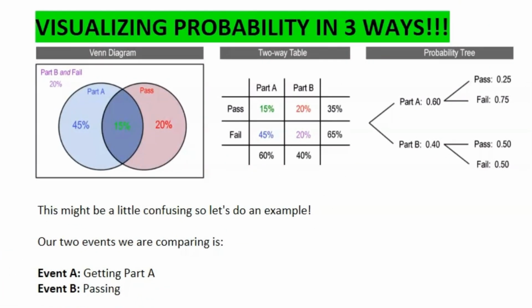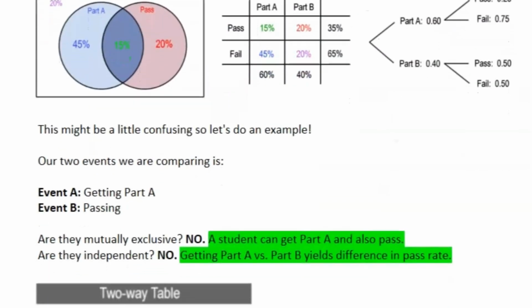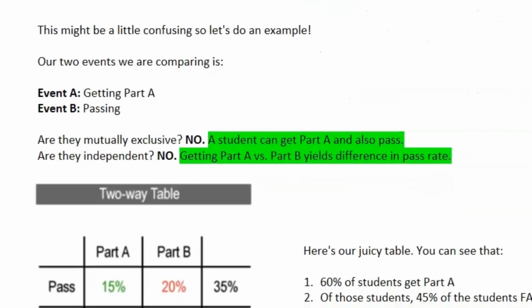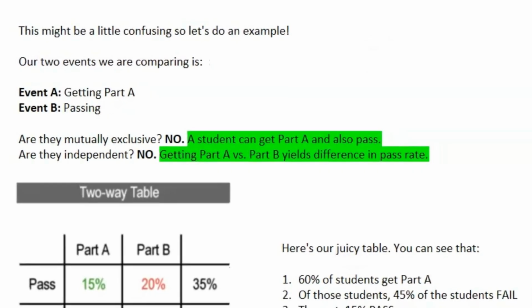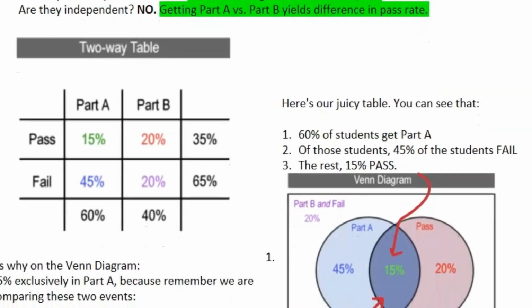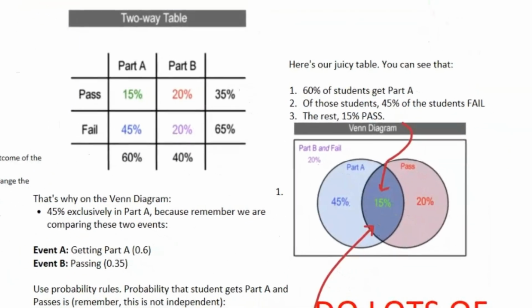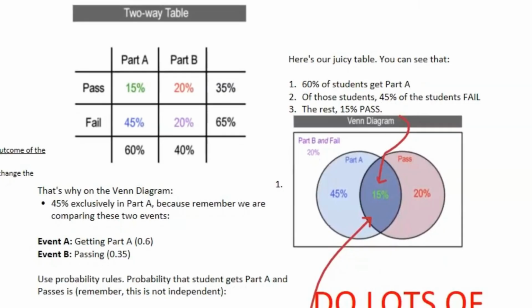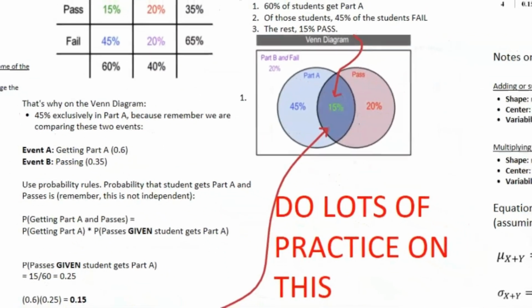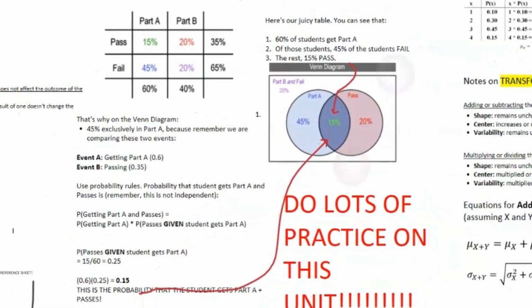The thing with this is I do have an example for this, but I would say that visualizing the data really comes down to just personal interpretation. So if you are a little confused, pause the video here. I do run through an example here as I scroll down that sort of explains how to interpret the data. But if you are comfortable with the 2-way table and the Venn diagrams and understand how we're getting these probabilities,